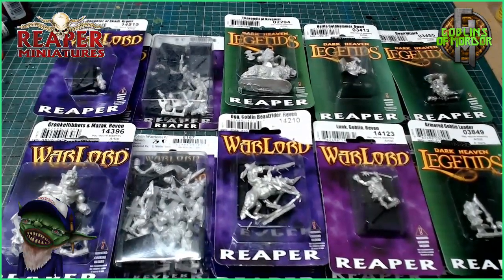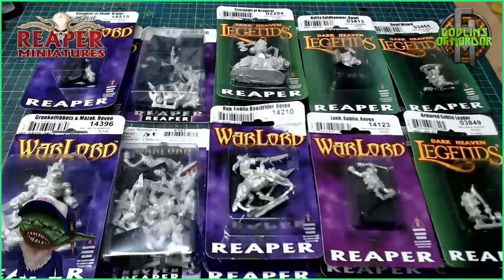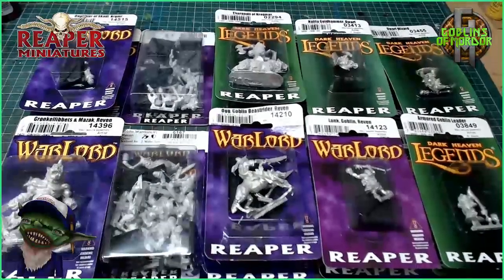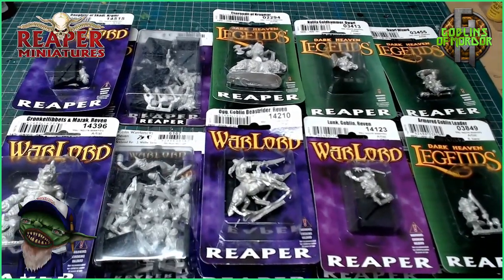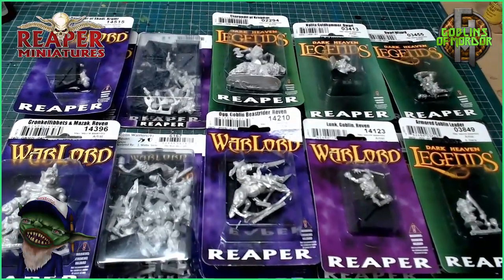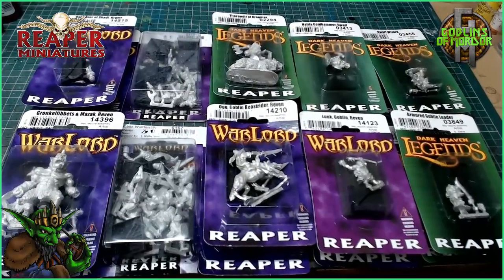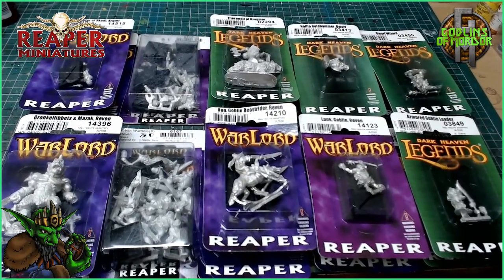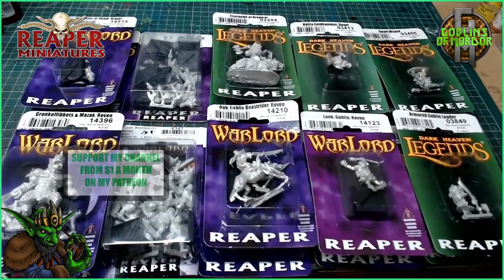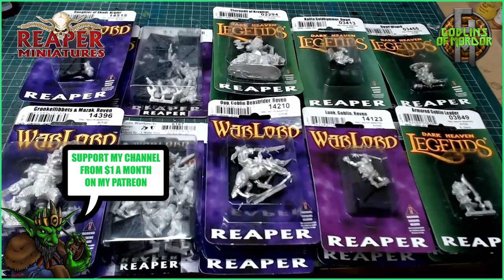Now I've been planning this chess set for a long time, and I've been talking to some of my patrons about it, and they made a list and secretly sent the list off to Mighty Lancer Games. Mighty Lancer Games got in touch with Reaper Miniatures in the USA, and they sent me the whole set of Reaper miniatures that I wanted to make this chess set with. So thank you so much to all my patrons, to Mighty Lancer Games and to Reaper Miniatures for sending me